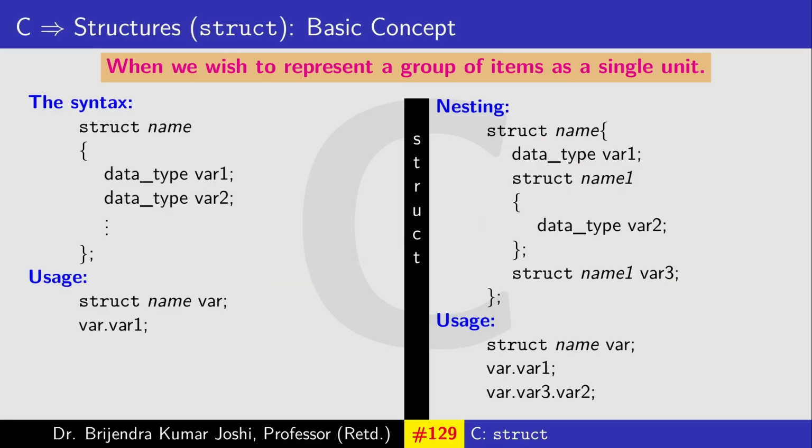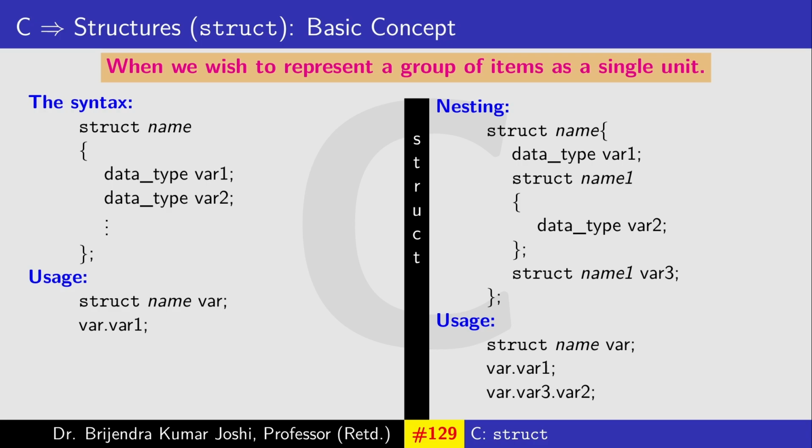And how to make use of it? Struct keyword, the name of the outermost structure, then the name of the variable. Then if you wish to access variables inside var itself, then var dot name of the variable. So var3 is also the name of the variable here, you can see. So var dot var3, but this var3 itself is a structure. So if I want to access a variable inside it, I need to put another dot and name of the variable inside it. So this is simple and quite logical,